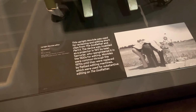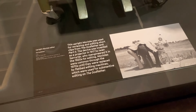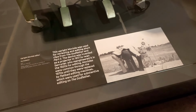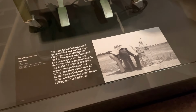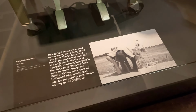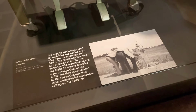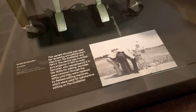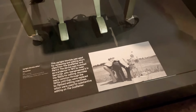This is an upright Moviola editor. This upright Moviola was used for reviewing and editing short clips from The Godfather and Part 2. This device was invented as a projector in 1917 by Iwan Serrurier, who re-engineered it in the 1920s for editing. So this was used